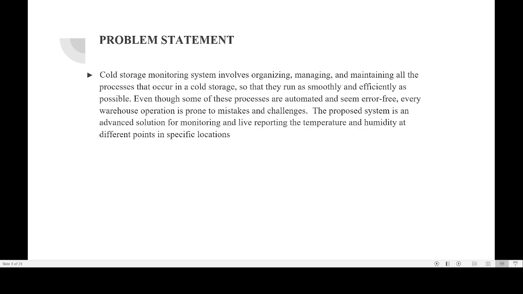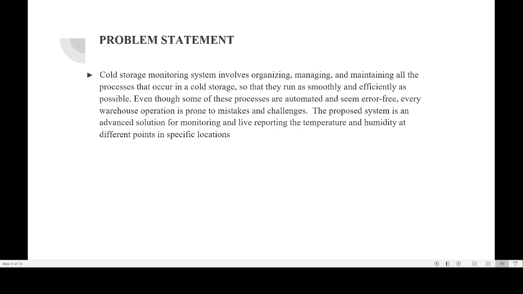for the problem statement, for the cold storage monitoring system, I consider a monitoring system for organizing, managing, and maintaining cold storage so that it runs smoothly and efficiently. Even though some of these processes are automated and seem error-free, in every warehouse operation some mistakes and challenges may happen. How do we maintain temperature and humidity under limited conditions? Temperature and humidity are unlimited, so we want to consider them in a limited stage. Then only the process is